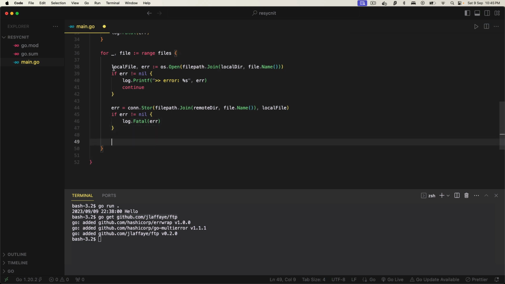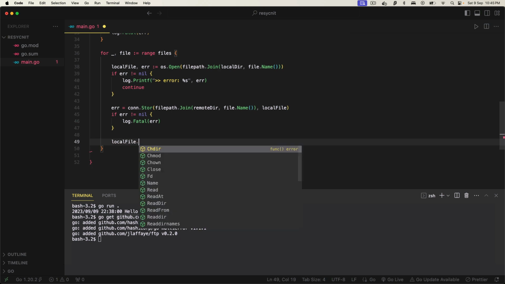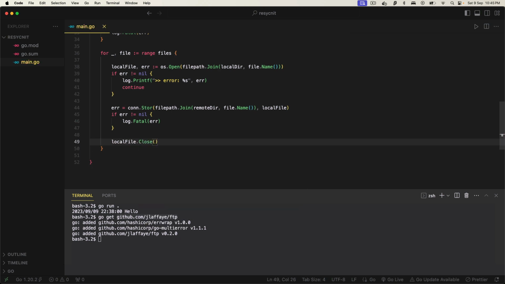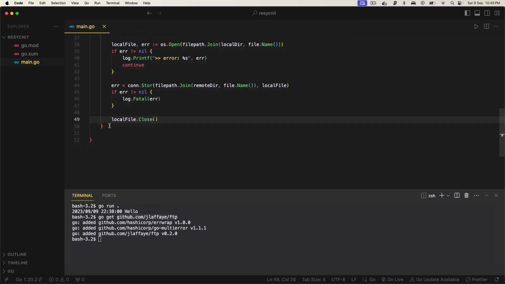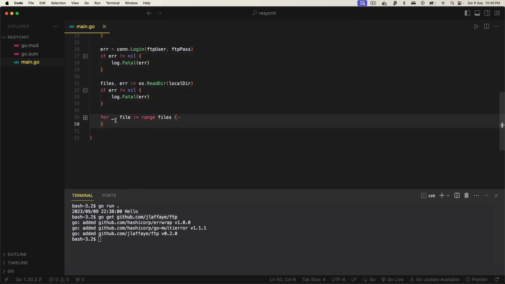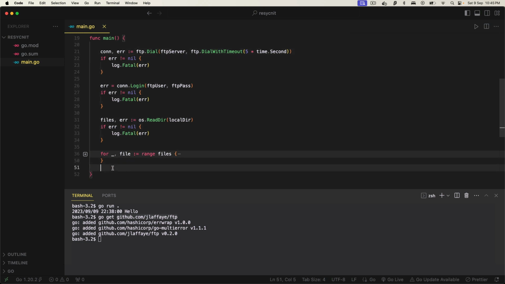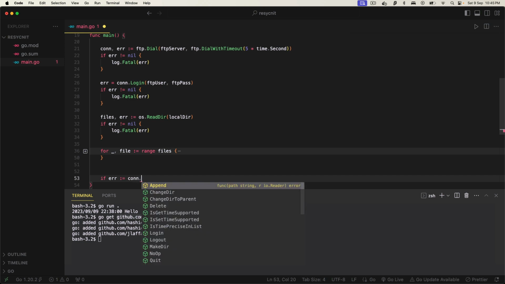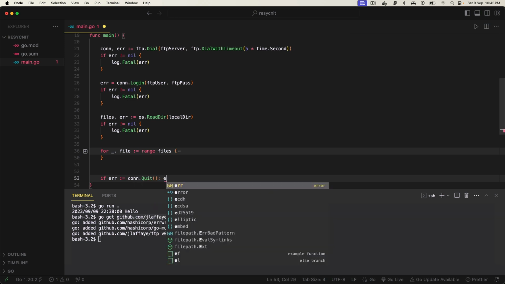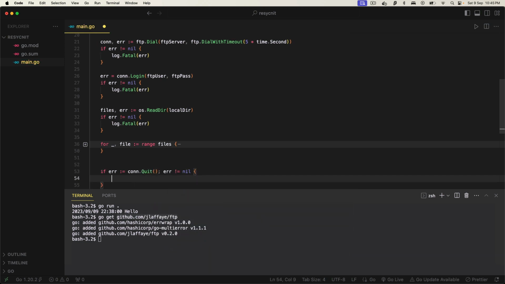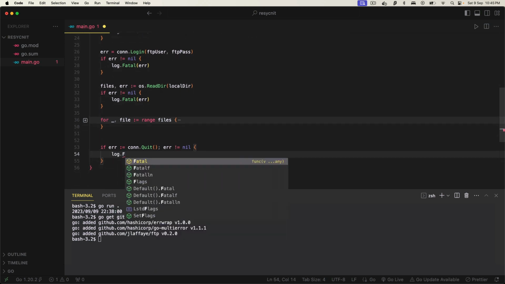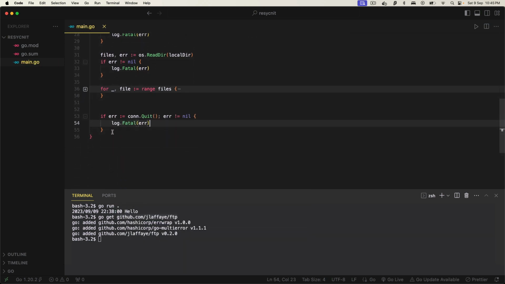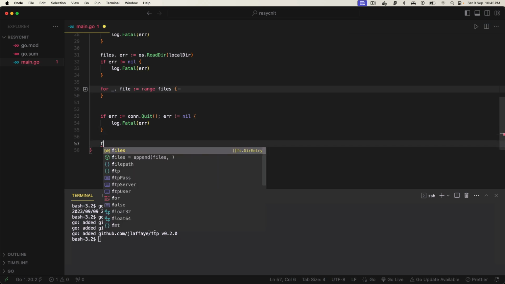After that, I want to close the file. All right, and that's it. Now, outside the loop, when we are done, we need to close the network connection as well here. So we can say if error, then Quit. If we are unable to close it, we can Fatal as well. If everything goes well,